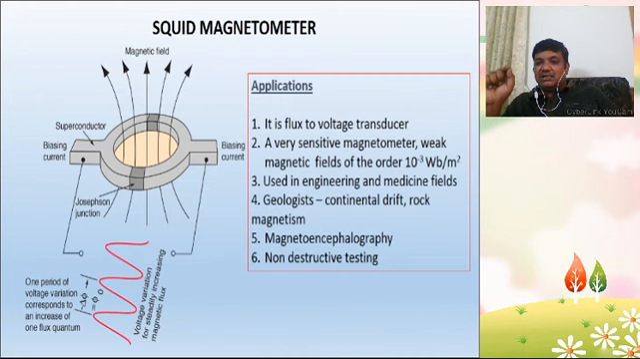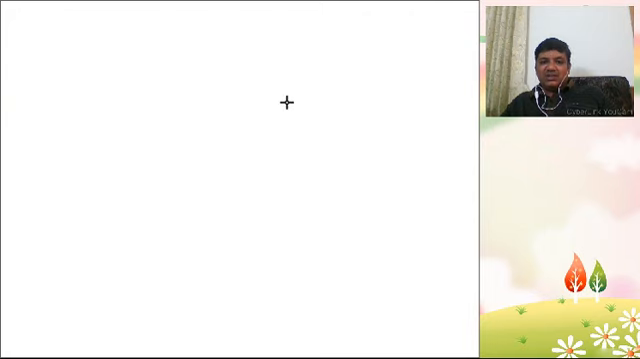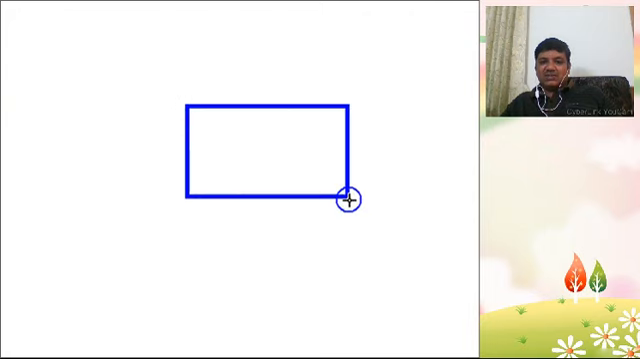So one important application of the Josephson effect is the SQUID, that is, superconducting quantum interference device. SQUID is superconducting quantum interference device. So this is a SQUID. So how to understand a SQUID? You can see that in a SQUID,